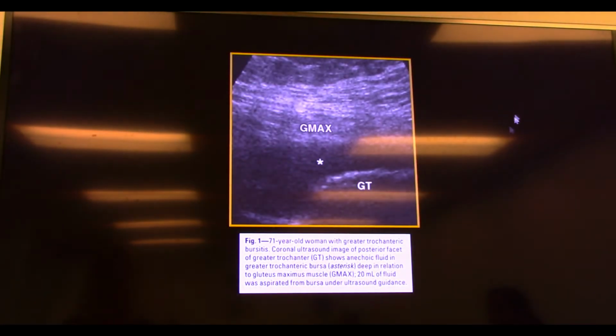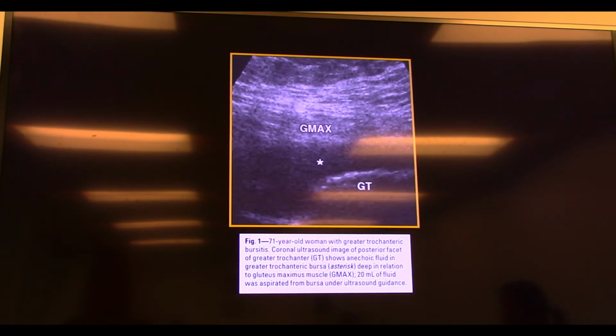If we look at one of the examples here, you can see there's the glute max muscle, and there's the greater trochanter, and there's this area that's a bit anechoic in this region. That's just the fluid, and this was consistent with GT bursa, or diagnosis of GT bursitis, specifically in this patient. Some people might ask, how do you tell whether that's just the normal bursa versus actual bursitis? Radiographically, usually they look for a distension of the bursa itself,